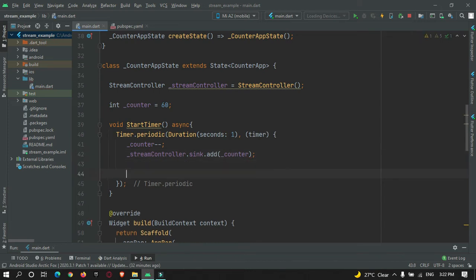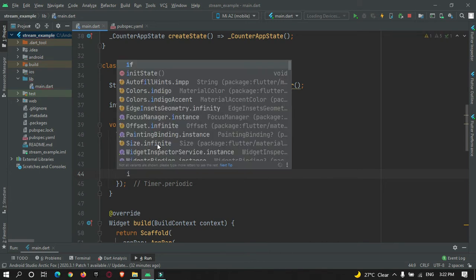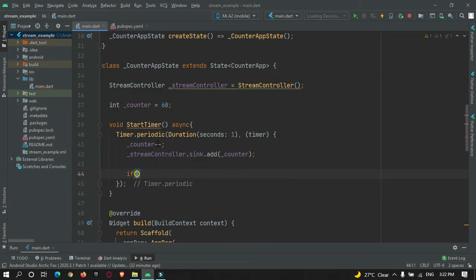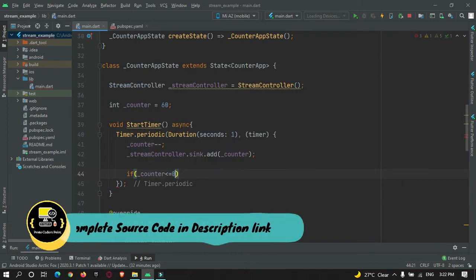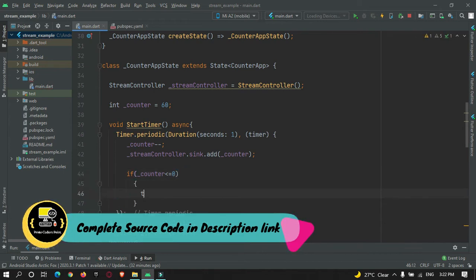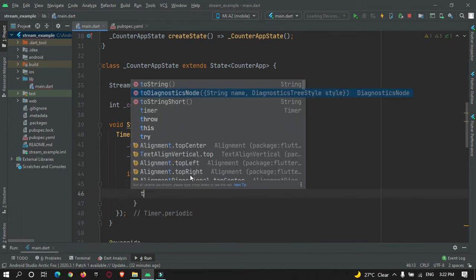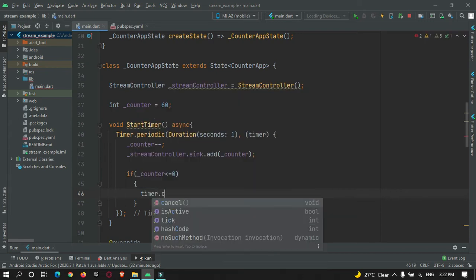Okay, now we also need to stop the countdown when the variable reaches 0. For that we will make use of an if statement. If counter is less than or equal to 0, we will stop the counter and also the stream. For that we will stop the timer with timer.cancel.